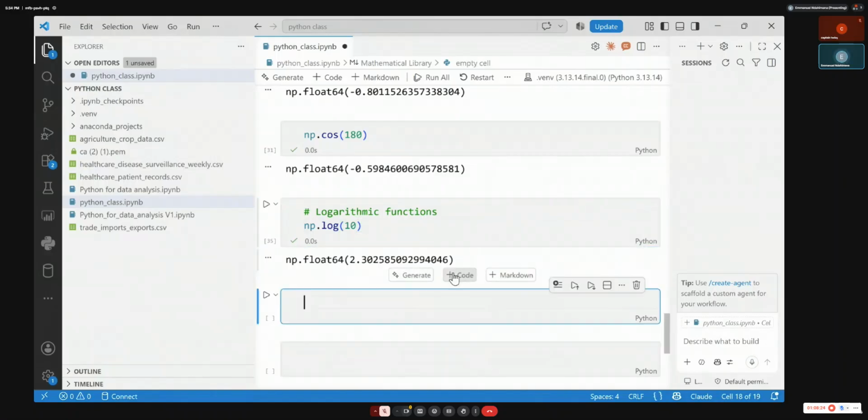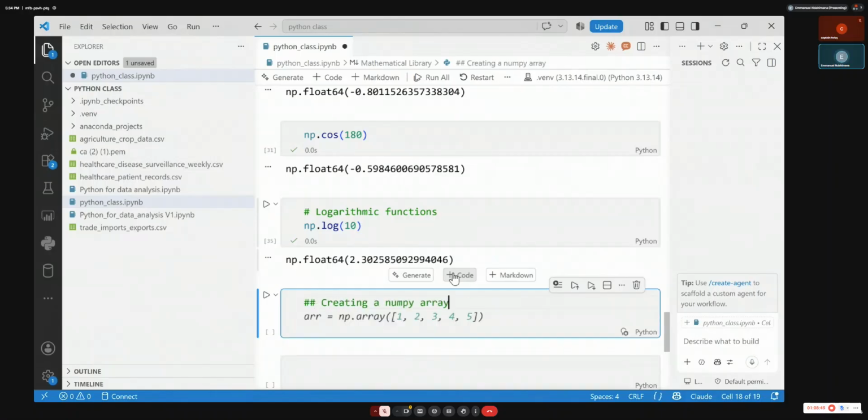But for us to understand that application very well, let's create a list of numbers first of all. How can I create a list of numbers in Python? Yes, array. It is array or list, using brackets. Very good. So let's create it here using NumPy array.